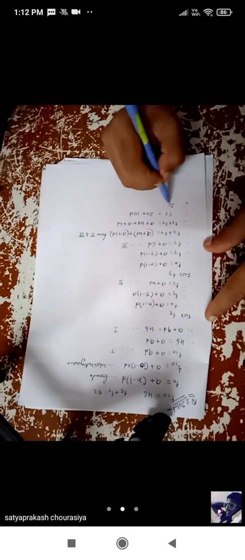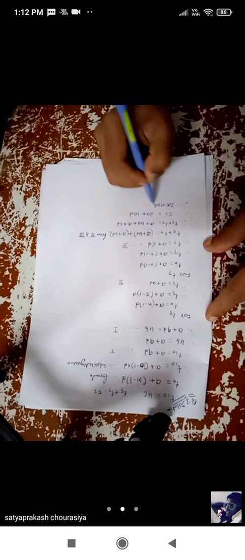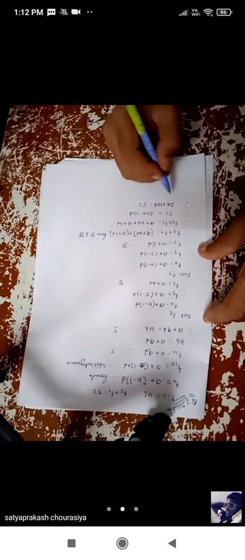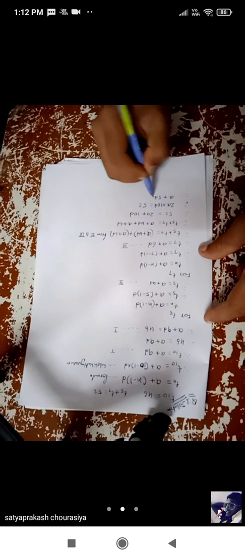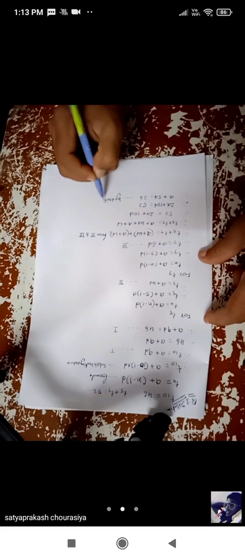Okay, it's clear now. See, this is divisible by 2, so therefore you can write it as 2a plus 10d is equal to 52. Now just divide by 2. So here we will get a plus 5d is equal to 26. Dividing with 2. Okay, 2 से divide किया. Now this is equation number 4.